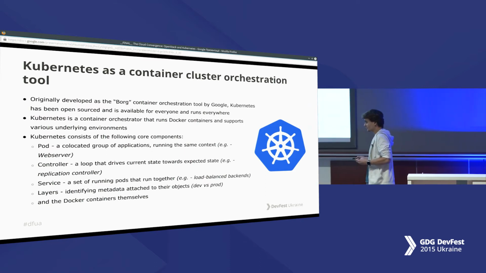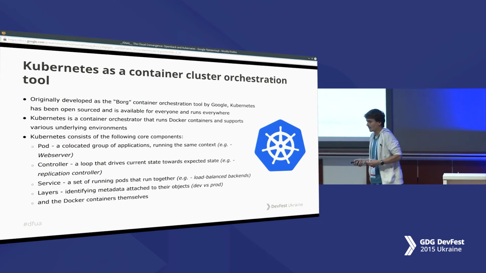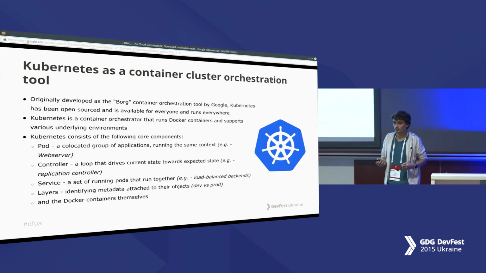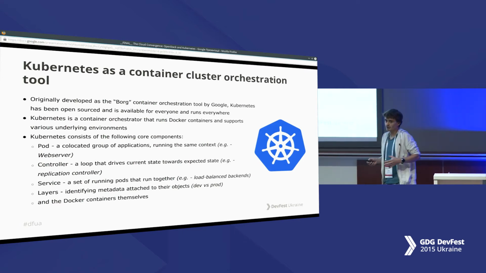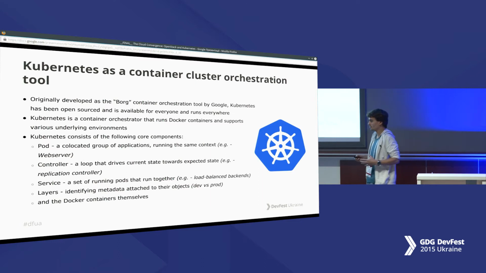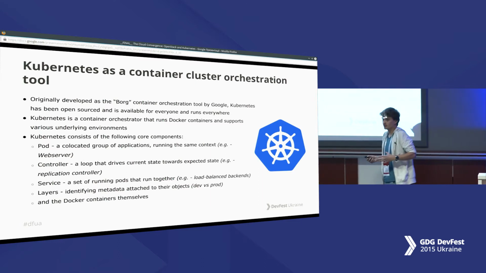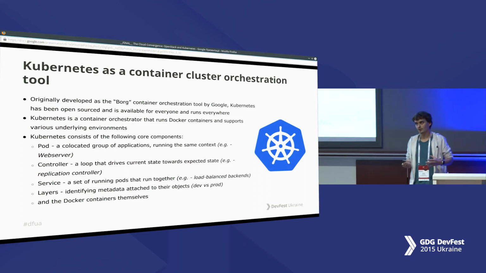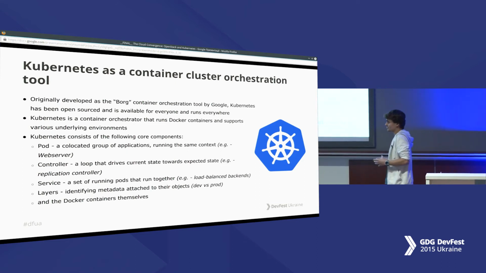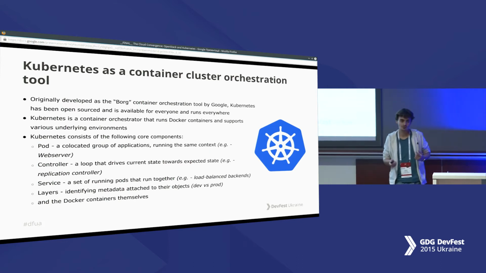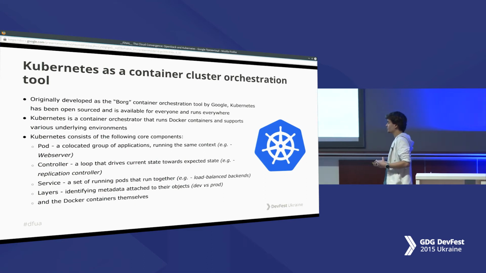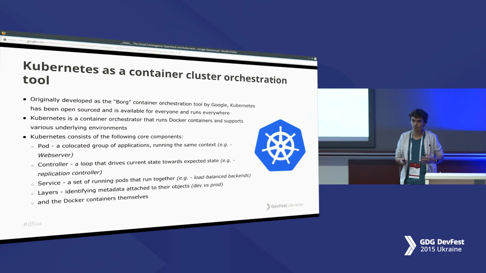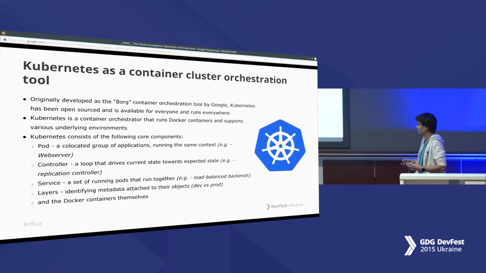Kubernetes consists of different components. They are the following. The main atomic unit of Kubernetes is the pod. That's a group of applications that run in the same context. For example, if you'd like to build a group of containers that serve as a backend, you build one image, but you'll run a couple of containers that will run the same information. They will be clones of each other, and the group of these containers will be named a pod.